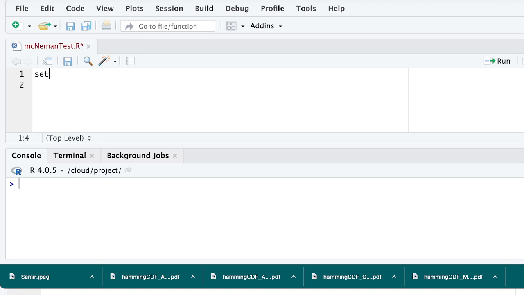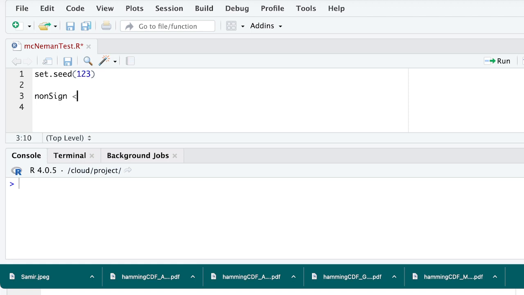If you want your simulated data to behave consistently when running the same code multiple times, you set a seed for the random number generator. And then we will first generate a data frame that contains data that is supposed to produce non-significant results after the McNemar test. It means that the proportion in one point in time is not statistically different from the proportion in the second time point, right? And then we will call this data frame